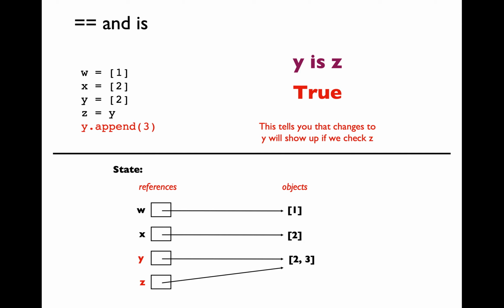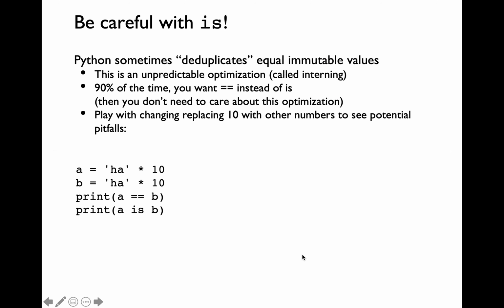This enables you to understand that when you make changes to your variable z here, that's going to impact the original variable y and vice versa. So if you were to say y dot append of 3 and display print of z, that's going to now display the list 2 comma 3. Be very careful with the is operator. Often you would need the double equal to operator instead of the is operator.